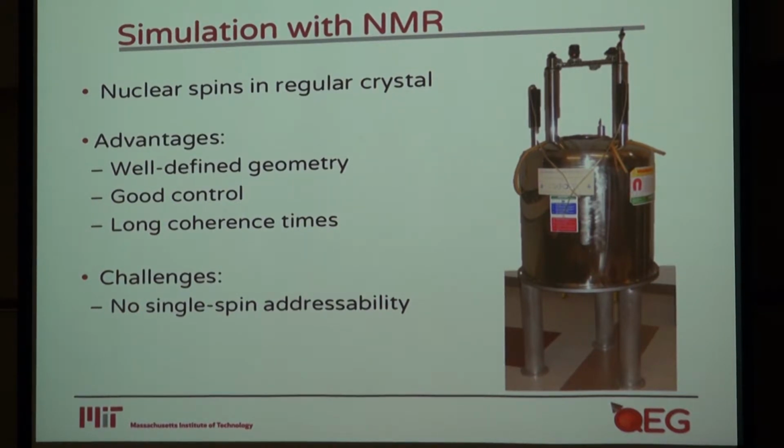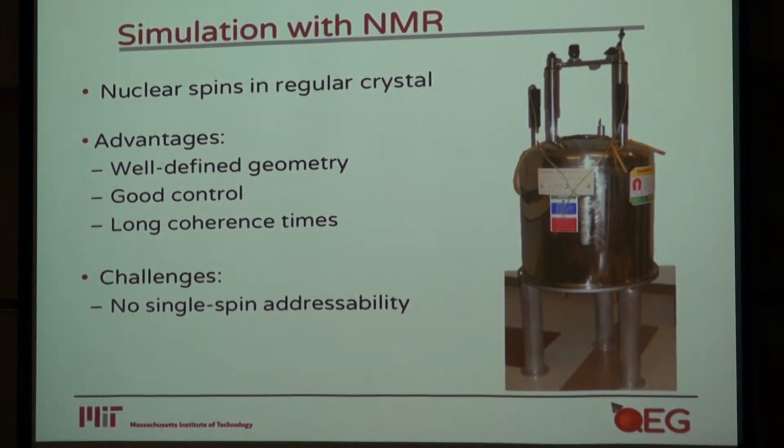And why use NMR? I think that probably trapped ions would be a better system. But what this kind of system gives you is really very good control, and we can use all these ideas which have been developed in NMR for the past 50 to 60 years. And so we can achieve very, very good control on the system itself. And also we have long coherence time because we are using spins, and so they inherently are quite protected against